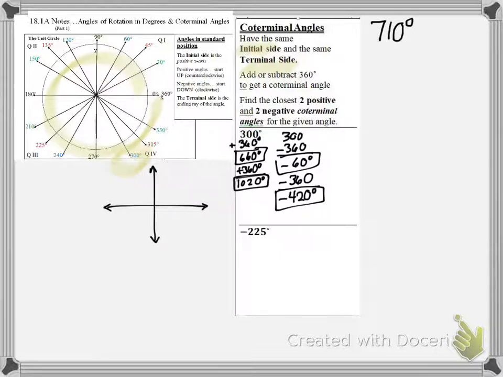I took 300 degrees, and I wanted to find a coterminal angle that was bigger and just went around the circle an extra time. I did plus 360 degrees and got 660 degrees. The easiest way to think of these is just add or subtract 360 degrees. If I wanted to go from there to another one, plus 360 degrees. If I wanted to get one in the negative direction,